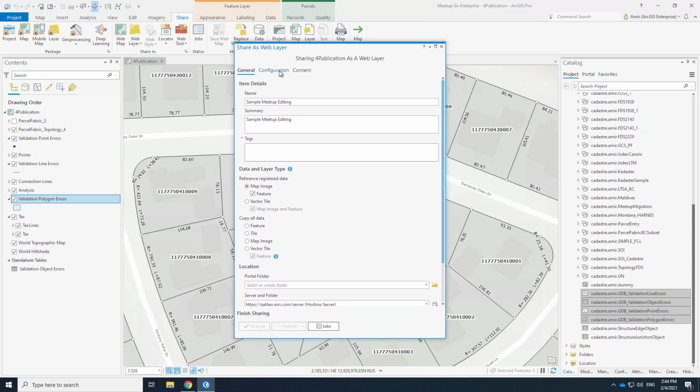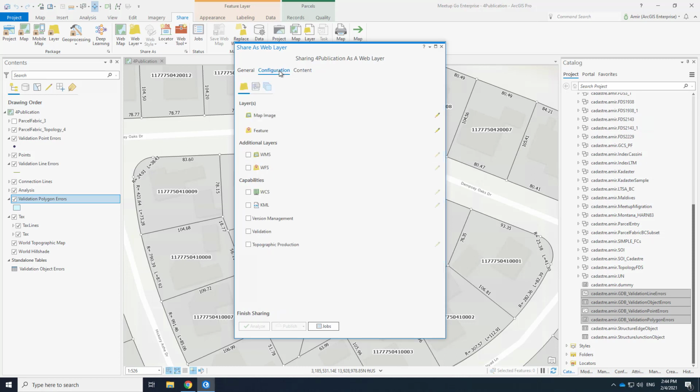We'll switch to the Configuration tab. And if you have done everything correctly, you should see Version Management here, and you should see Validation available here. Check those two, because we want our users to be able to create versions and to validate their data. Now that you've done that,